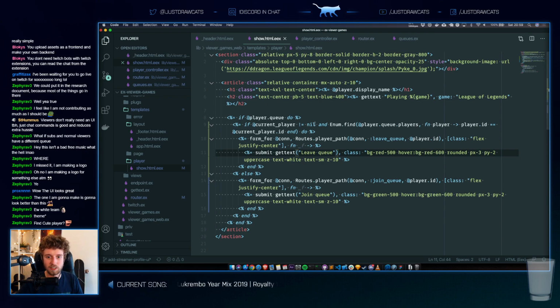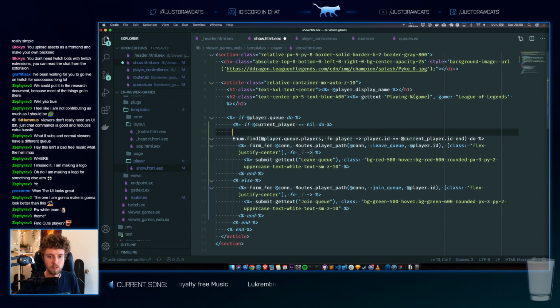Yeah, so this is actually not correct, because this should be completely something else, because we're gonna show a modal soon. So if the player has a queue, yes, then I can join. Then if I have a current user, if the current user equals nil, do, then I'm gonna...